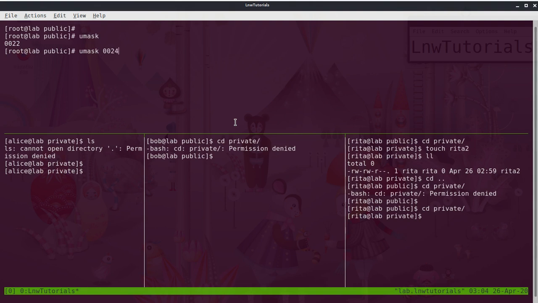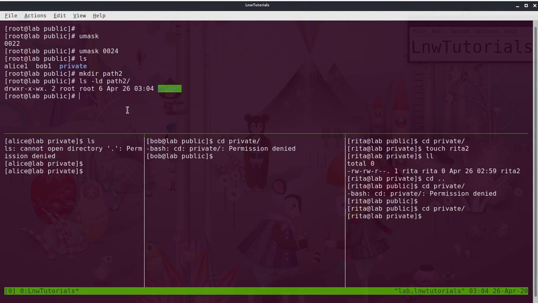Instead I am just giving umask 0024. Now mkdir path2 is created. ls -ld for path2. Look here, this time this permission is obtained by the user.